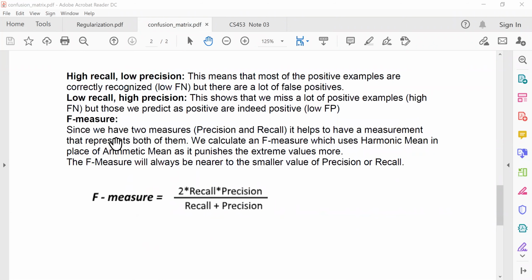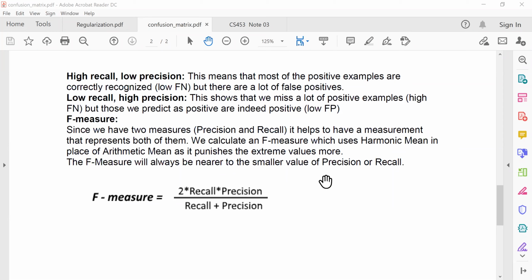So over here it says, since we have precision and recall, and if we can represent both together, how do we use that? We use this F measure. The F measure uses this formula. This formula is a harmonic mean in place of the arithmetic mean,